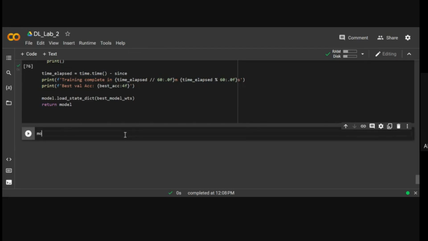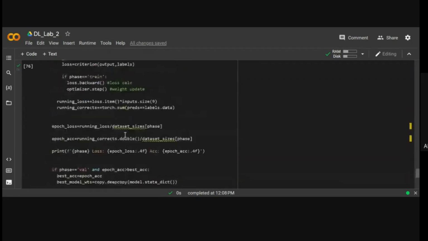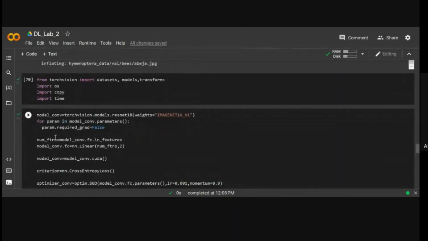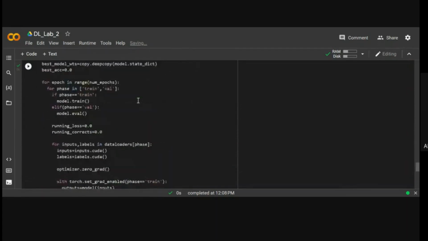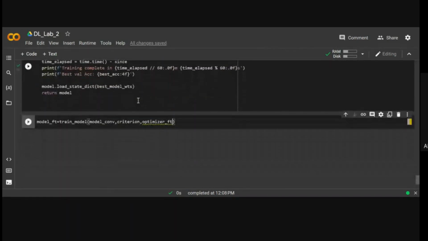So the model function. You can make them columns. And oops,